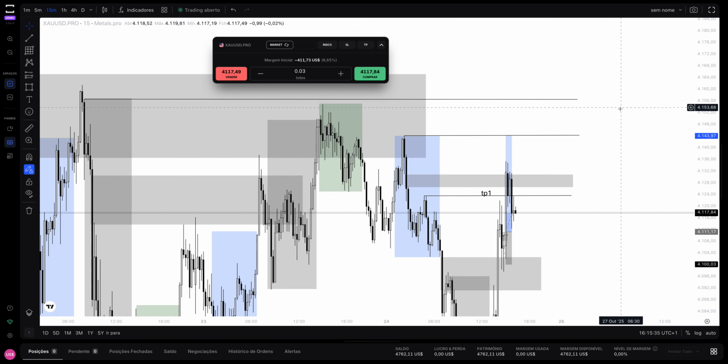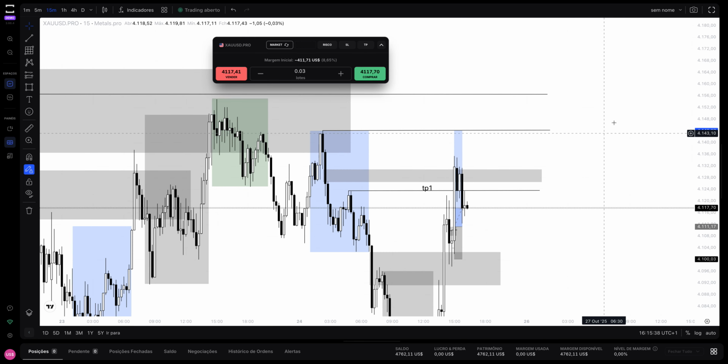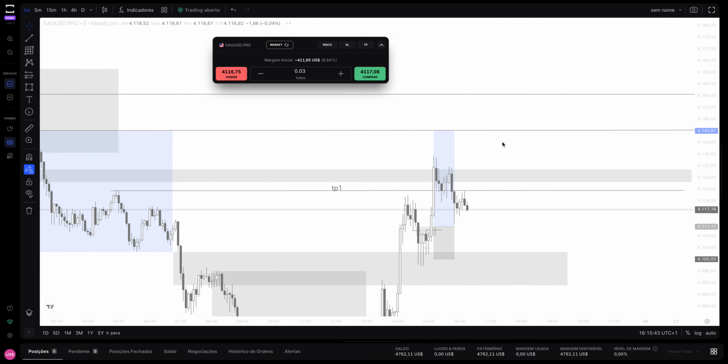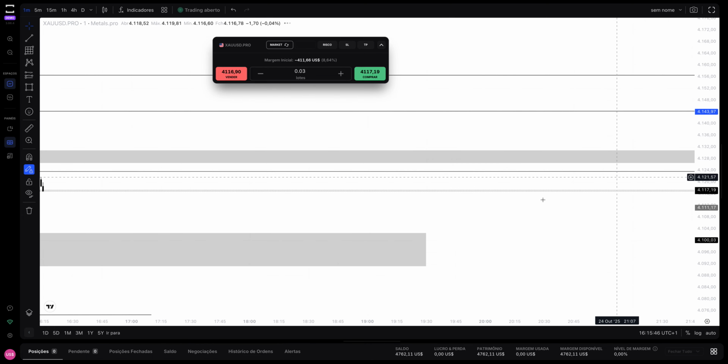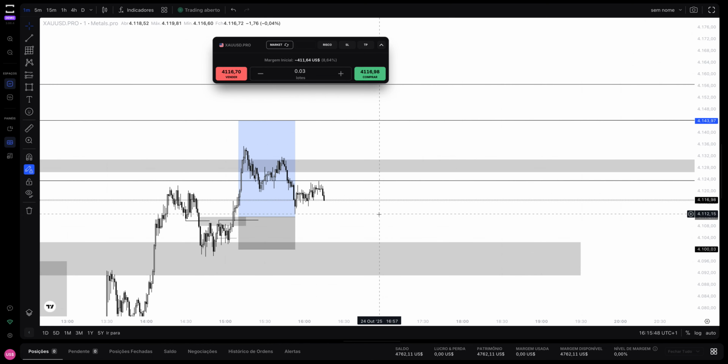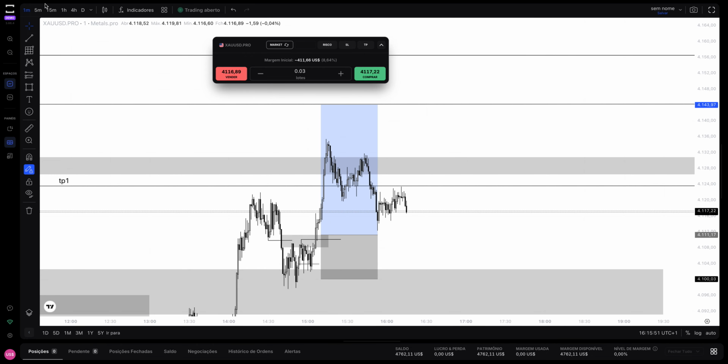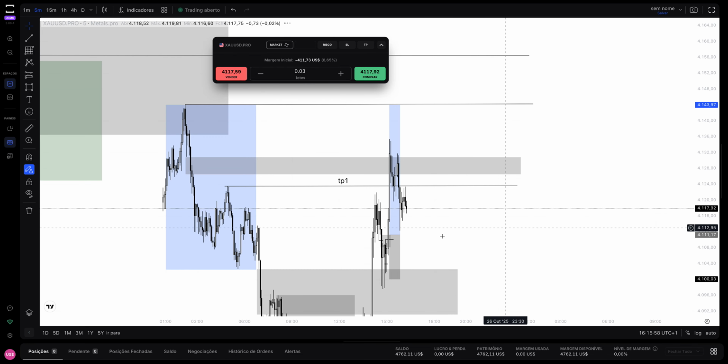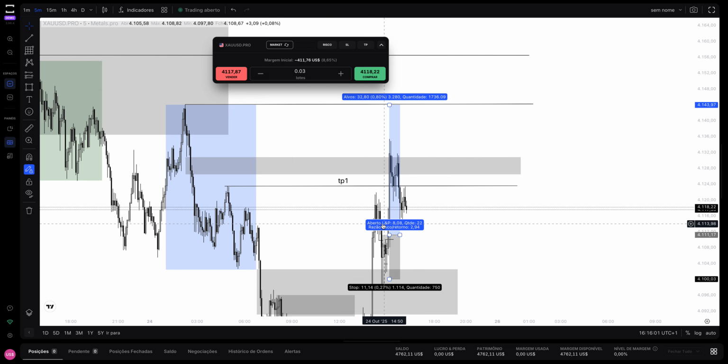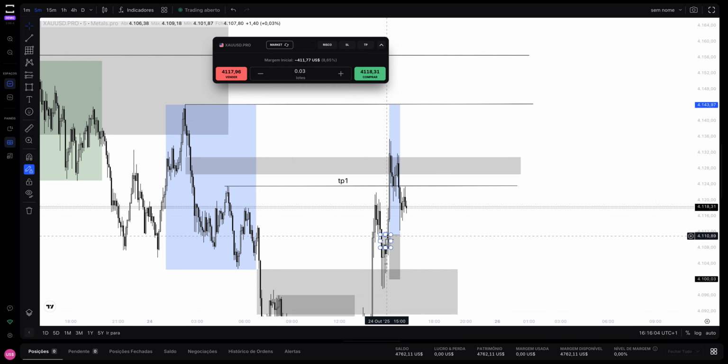Trading recap. So you can see that I have here a setup, but again I did not take any trade. So let's talk about that. This was the setup that I wanted to take, but here the price just ignored my entry. Here we had this retest, but I waited to see this 5-minute inverse fair value gap. Here we had the 5-minute inverse fair value gap, and then I just put my entry here at the retest, but